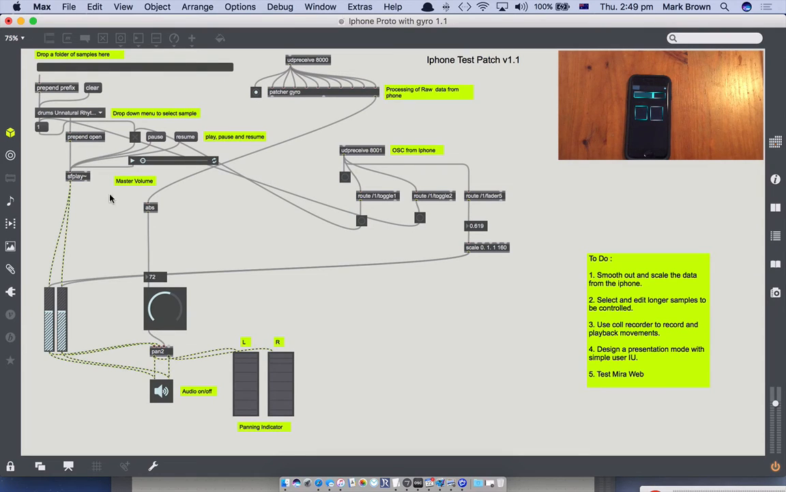Some of the things to do: we'll need to look at smoothing out some of the data that's streaming in from the iPhone. It's still quite erratic, so that needs to be looked at, ways in which we can most effectively do that. Add some longer samples to this audio example so that we can get some other controls happening with the streams that are coming from the iPhone. Connect up a simple recorder patch that I've made to see if we can record some of the data that's flowing in and then be able to play that data back, which I think would be a really interesting choreographic